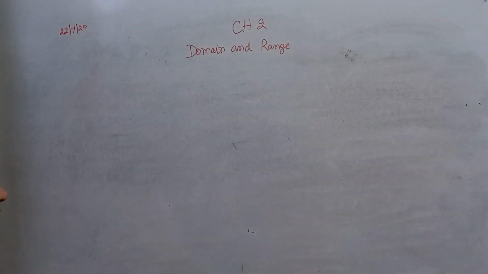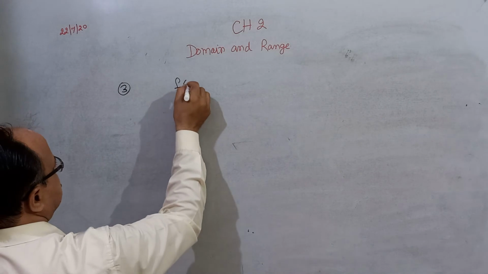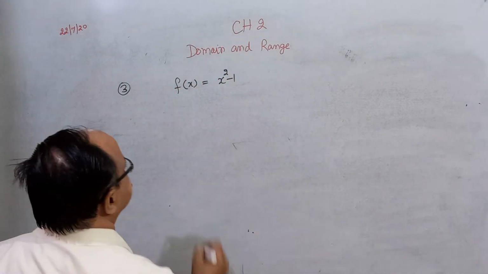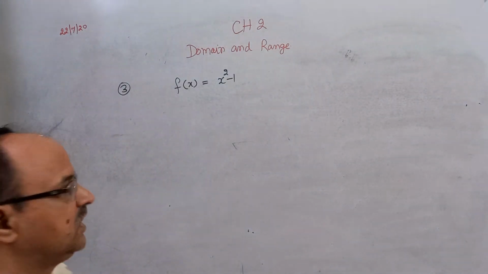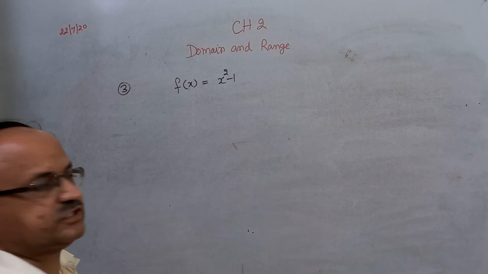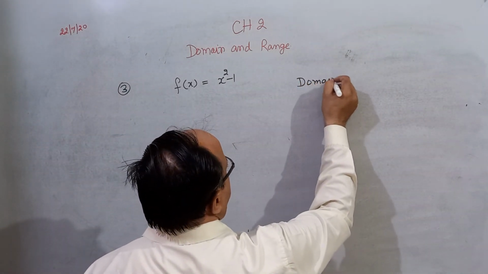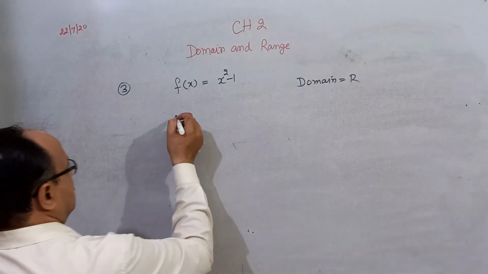Next question of domain and range, third question: f of x is equal to x square minus 1. Find the domain and range. Domain, you know, is all real numbers. You can put any value. But for range,